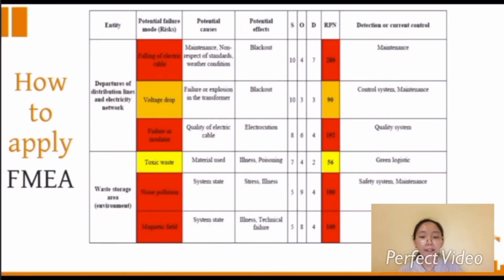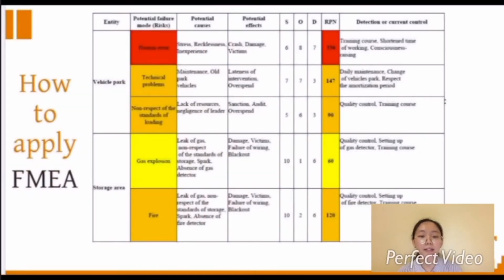And so on until you reach the last entity, which is waste storage area or environment, and the potential risk of it is toxic waste, noise pollution, and magnetic field. After you list those 16 potential risks, you could list down the potential causes and potential effects in the third and fourth columns.